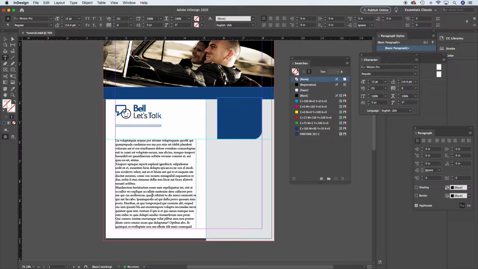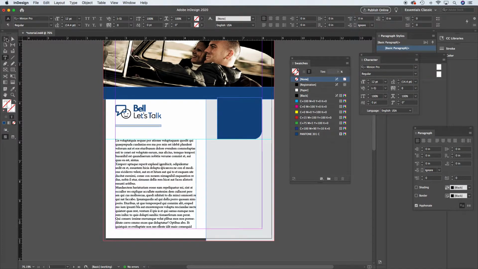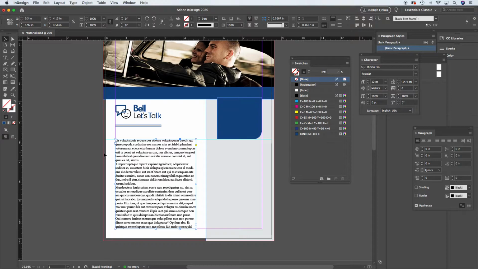So I have to work with the frame itself. I'm changing the frame, not the actual type. So I'm going to go back to my main selection tool. Now the frame is activated, which of course brings up my object menu up top. And in that is my column number, how many columns I have. Again, maybe you're on a laptop and you don't see this, you'll find that the laptops, of course, can't show